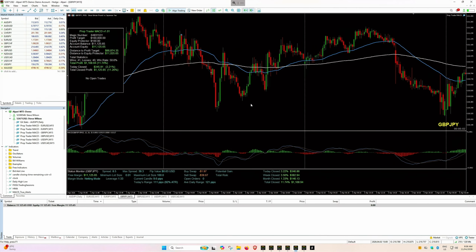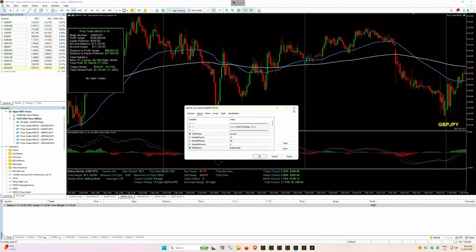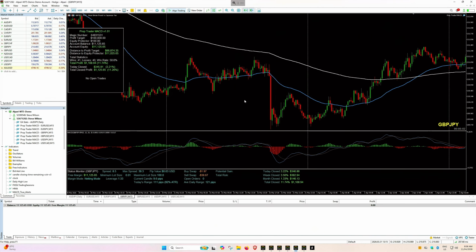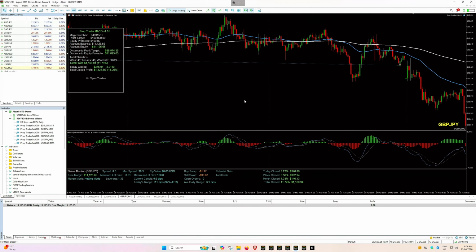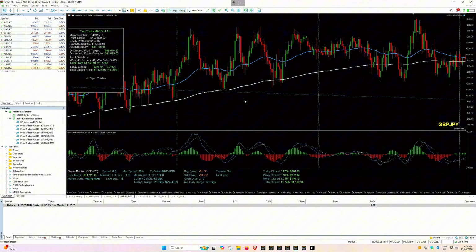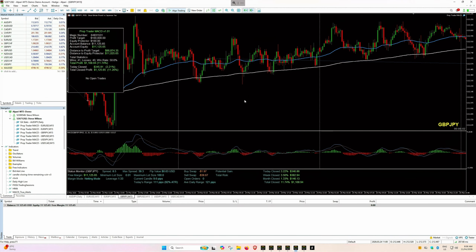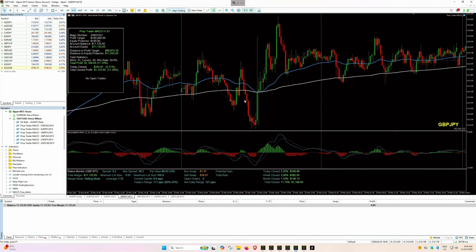Let's have a look at another setting here, and okay, this one looks like a valid setup as well. We can see here that we had a strong push candle up. The price is above the moving averages, and we had a crossover here of the MACD going down. So that is valid. It is possible that this particular strategy just does not work on this single particular pair, so that might be the problem. But here again we have another good trade, and I think what the problem is with this pair,